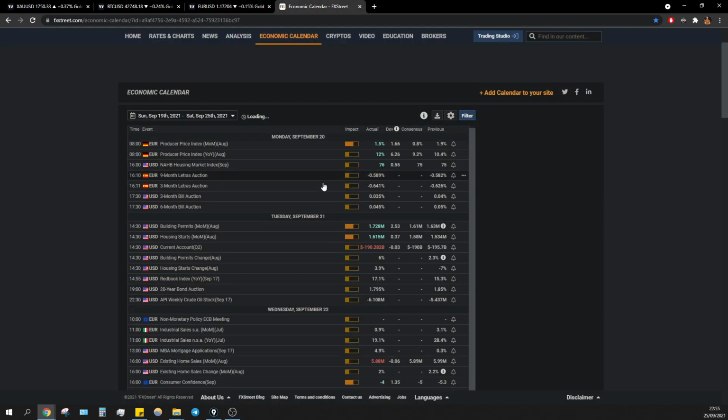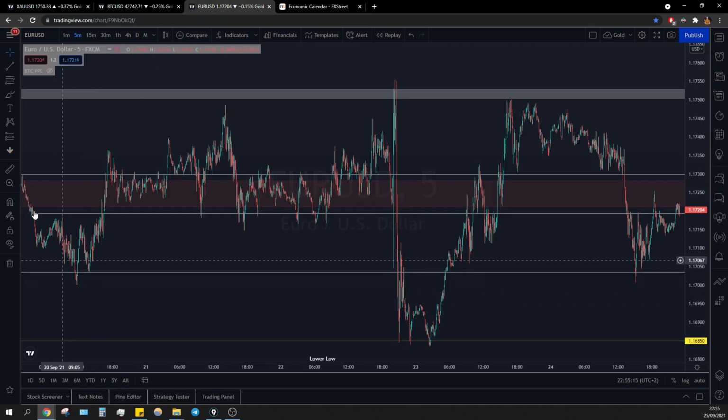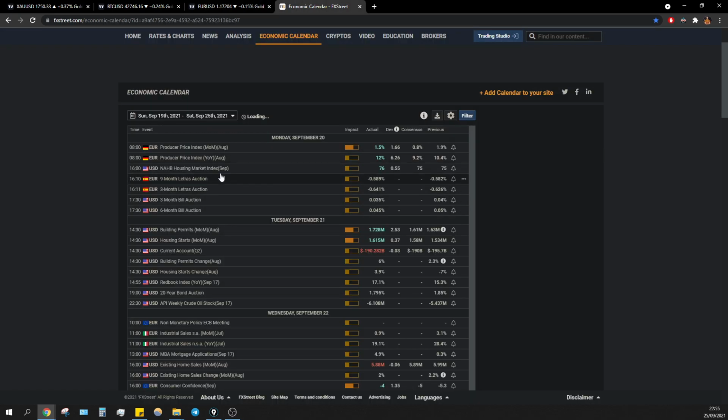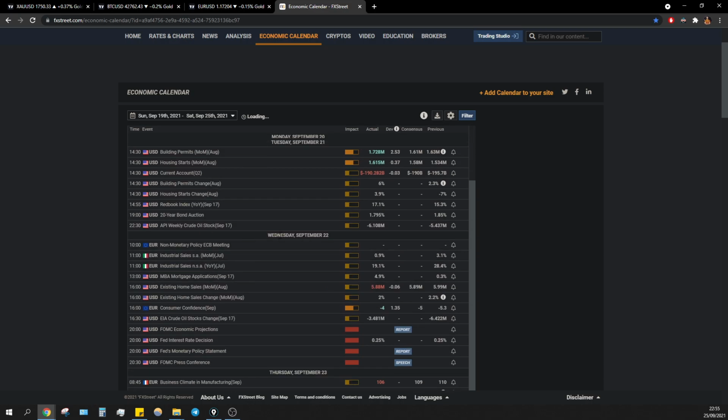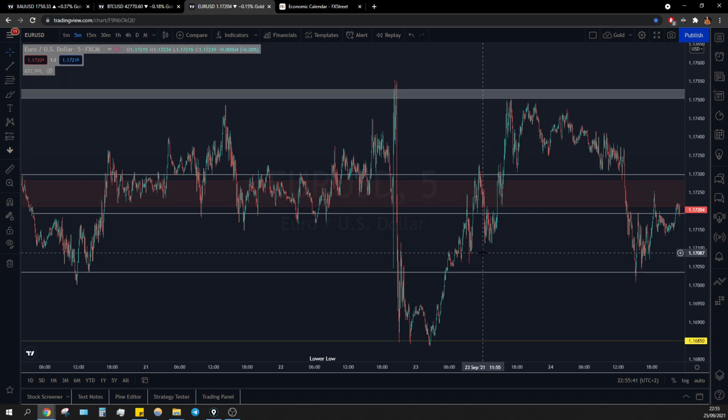Let's just check if we had any particular news report apart from the FOMC, especially from the Eurozone. We had the PPI of Germany, which came out higher than expected, but didn't actually impact much here, as you can see. Tuesday, nothing. On Wednesday, we had the non-monetary policy ECB, not impacting. Then we have the FOMC, market PMI of Germany, France, and the Eurozone, bad, worse than expected. And this, of course, in the morning,